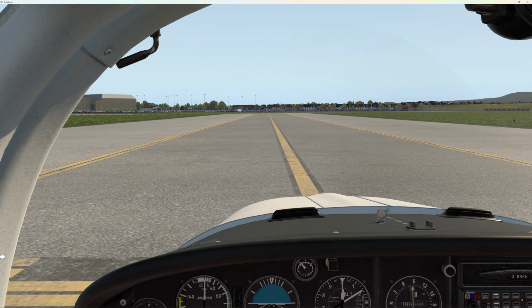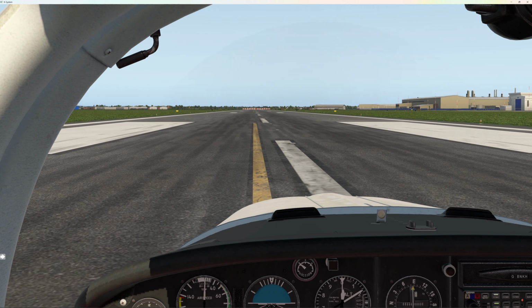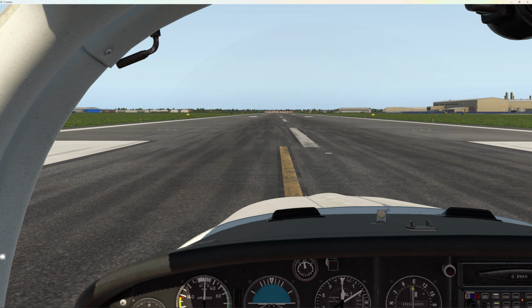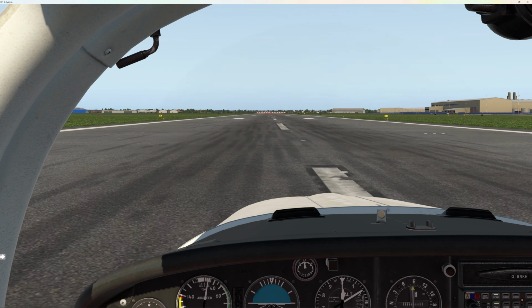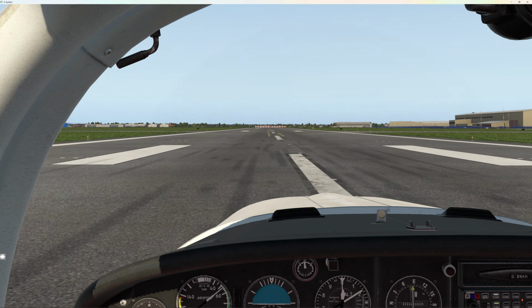One of the big changes is the rudder pedals really don't react anything like on the sim as they do in the real aircraft. They're much stiffer, much more reactive. Now you need right rudder pedal going down the runway to counteract the torque of the propeller. Full power,